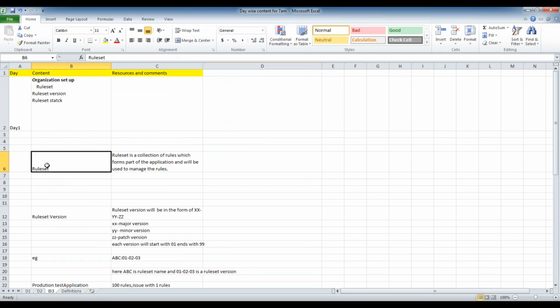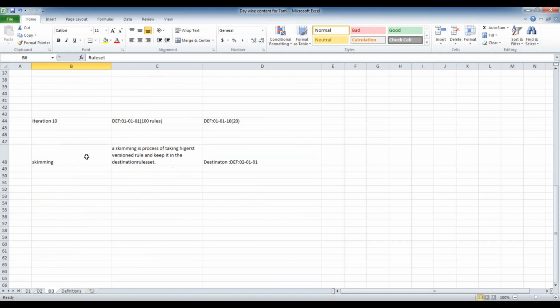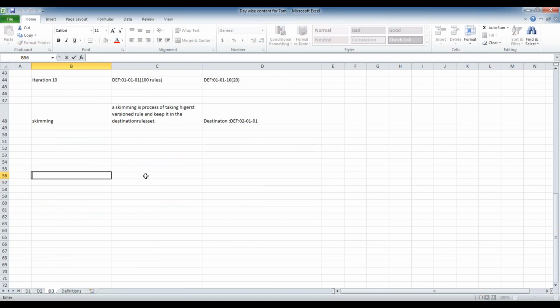Now here I am saying, as per definition, each rule set is forming part of the application. That means there will be a number of rule sets. So where do we need a number of rule sets? Whenever you create a new application in Pega 7, by default the system will create 4 rule sets. We call them the application rule set,